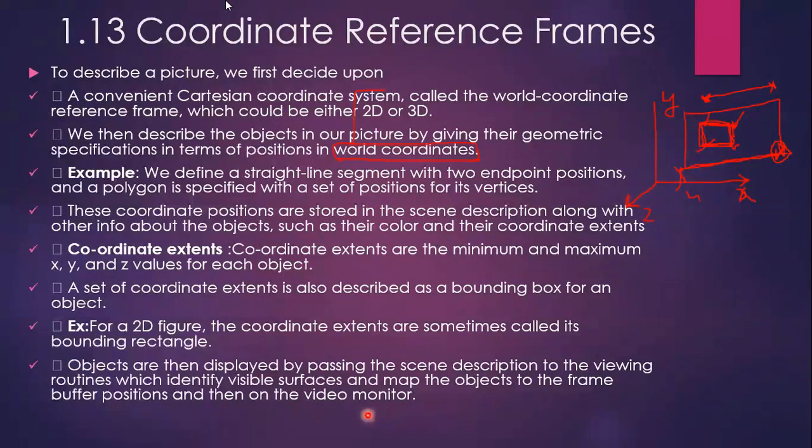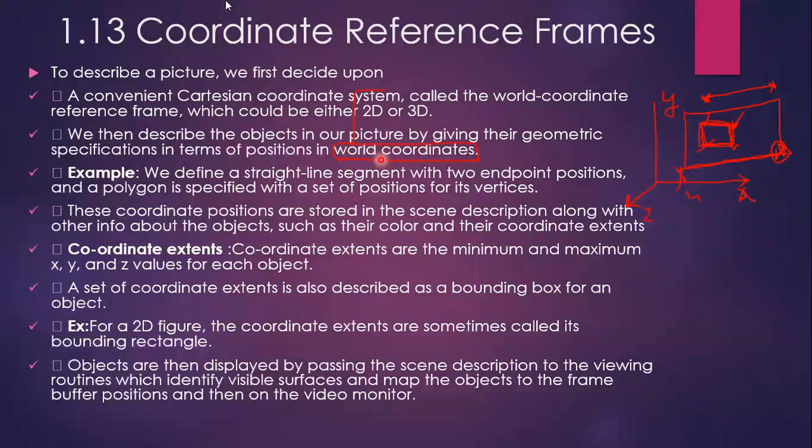So that means whenever you are processing the particular world coordinates, first every object will be represented in the world coordinate system. All these objects have to be rendered on the screen. When you are rendering on the screen, it will be converted to device coordinates, as you have already learned this concept in the earlier slides.